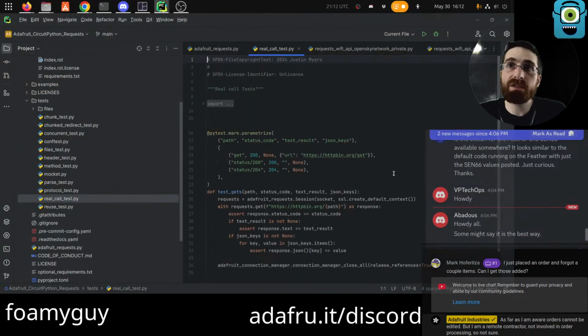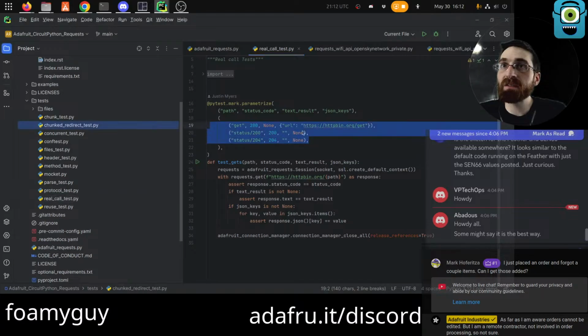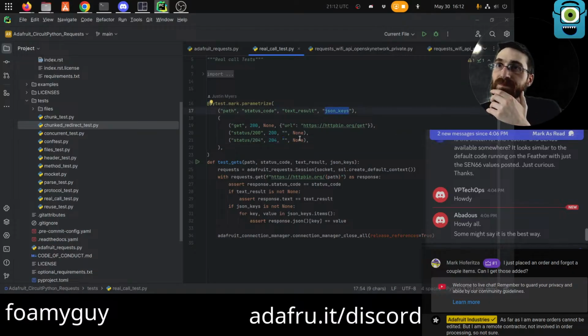Real call test, so that's here. So essentially this is going and saying, so it's actually a series of 3 different tests that are going to get run. It's kind of in a spreadsheet sort of action here, which is interesting. It's got a header row that defines the column names, it looks like, and then it's got a status, HTTP response status, text response. Some of these are expecting none, some of these are expecting empty. This one's using JSON, the rest of them aren't.